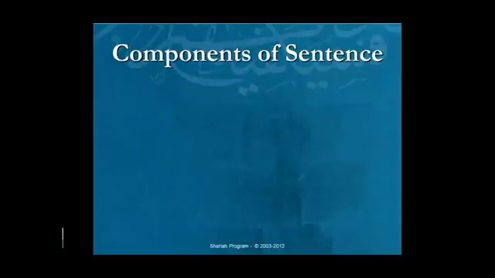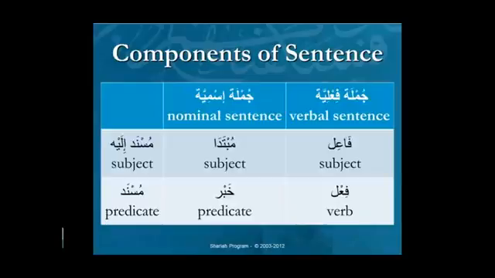Now, since the issue in the verbal sentence is of an entirely different kind than the issue in the nominal sentence, the grammar people chose, number one, to classify the sentence into two categories, and number two, to take the generic terms, subject and predicate, and come up with 4 more specific terms. Depending on what kind of sentence you're dealing with, the subject and the predicate will have different names. When they appear in the nominal sentence, they're called mubtada and khabar. So in the example, "the book is new," the word book would be labeled mubtada, and the word new would be labeled khabar.